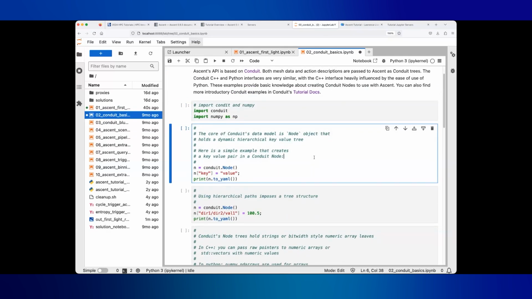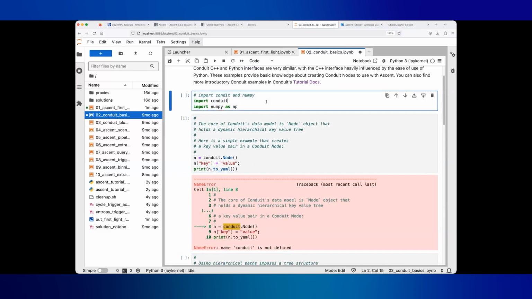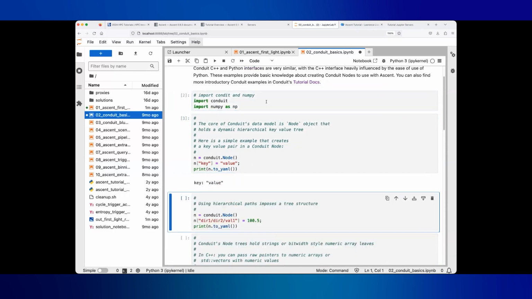Simply spoken, the core of the data model here is really a key value tree. So you can think of it as key values, but there's hierarchy involved. So basic use of a conduit node, you can have a named key and you can set it to a value, in this case, a string. I forgot to do my first cell, I apologize. And if you do that, then you'll get, if you look at the YAML representation, you'll get this